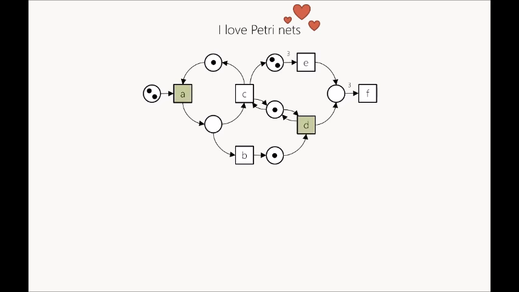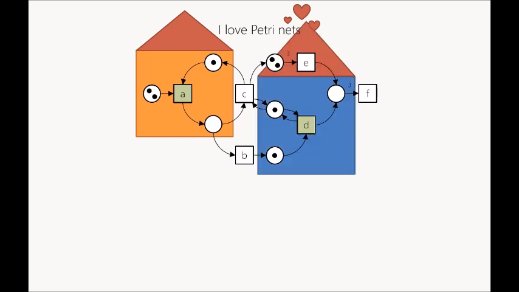So in this example, if we take a look at transition A and D, they don't share places in their presets, so they don't share resources. So we can fire A and then D, or D then A, or we can even fire both simultaneously, but that's not the point. The actual point is that if transition A lives in the orange house and D lives in the blue house, and we don't know what's going on in the blue and only look at the orange house, we can